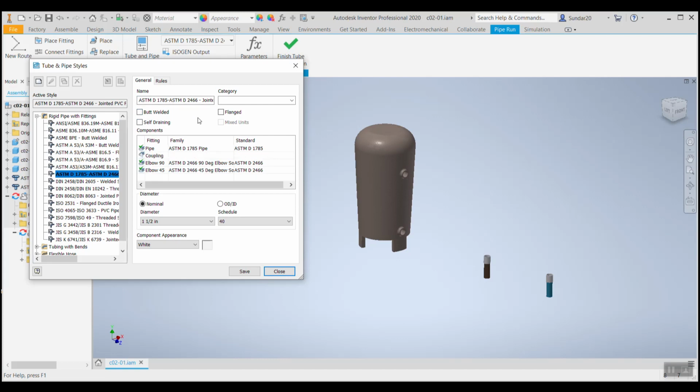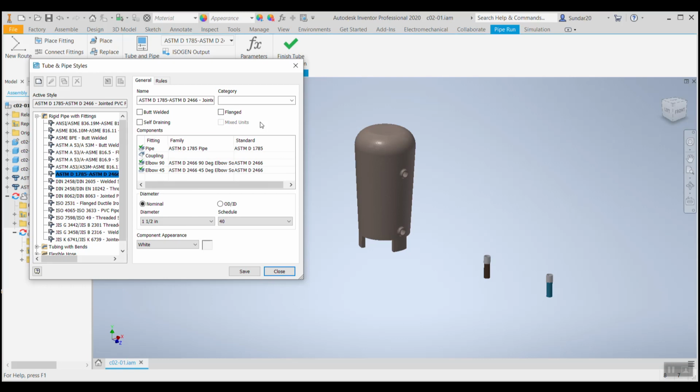If you go and opt for the flanged option, it will give you flange as well as gasket. So for example, I'll tick flanged and say OK. You can see it has added flange and gasket here. So these are the various options which can be used to edit the tube and piping styles, right?